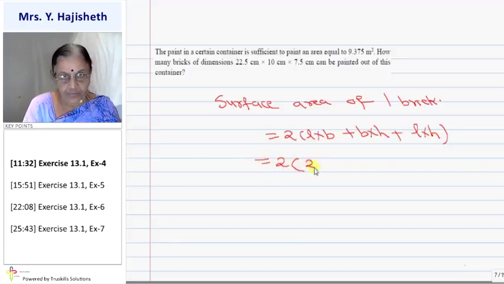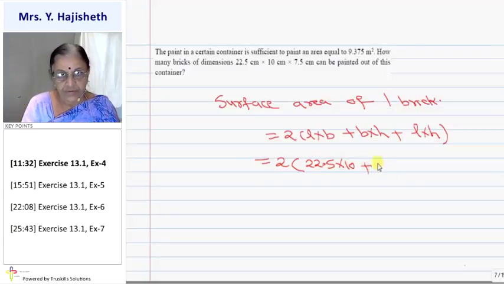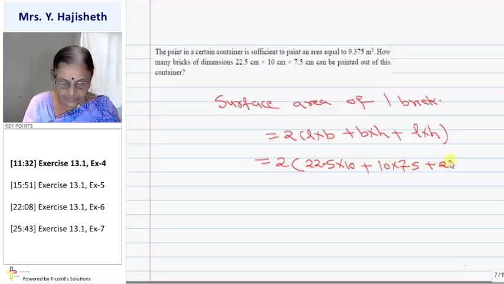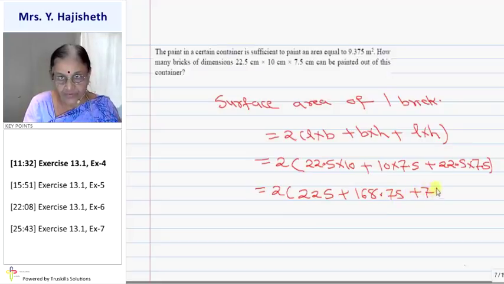2 times (22.5 into 10 plus 10 into 7.5 plus 22.5 into 7.5). I put the value. If you do the calculation, it is 2 into (225 plus 75 plus 168.75, when you multiply). Okay. So my answer is 2 times 468.75,